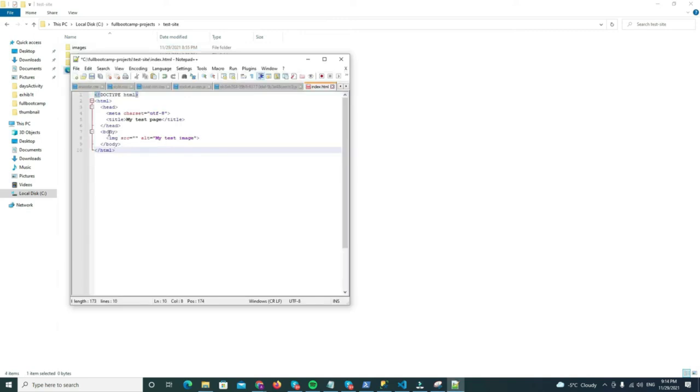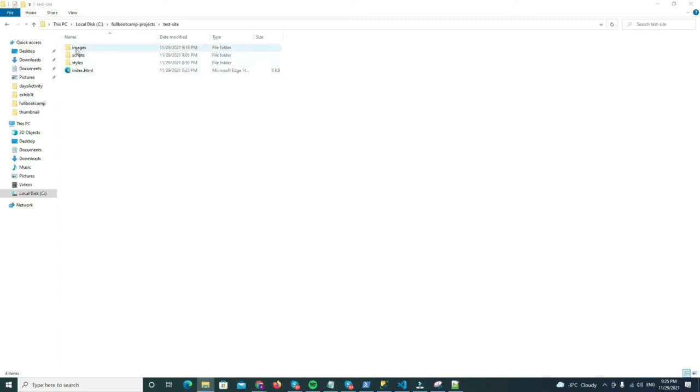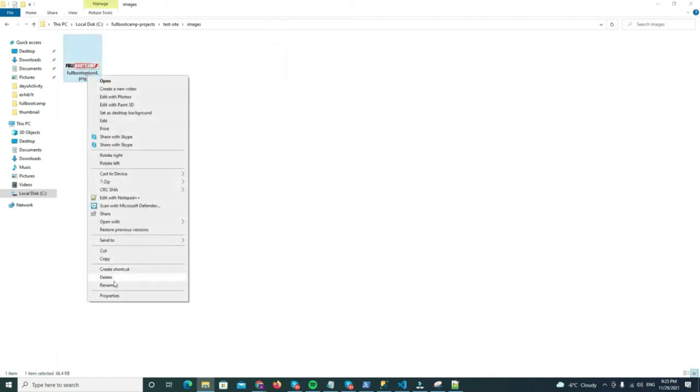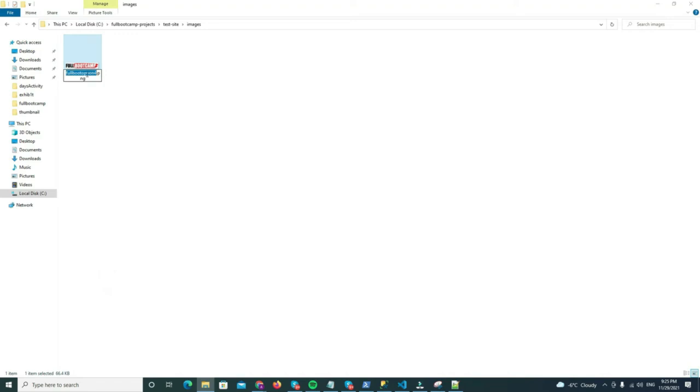The line img src alt="my test image" is the HTML code that inserts an image into the page. We need to tell the HTML where the image is. The image is inside the images directory, which is in the same directory as index.html. To walk down the file structure from index.html to the image, the file path we need is images/your image file name. For example, it's called